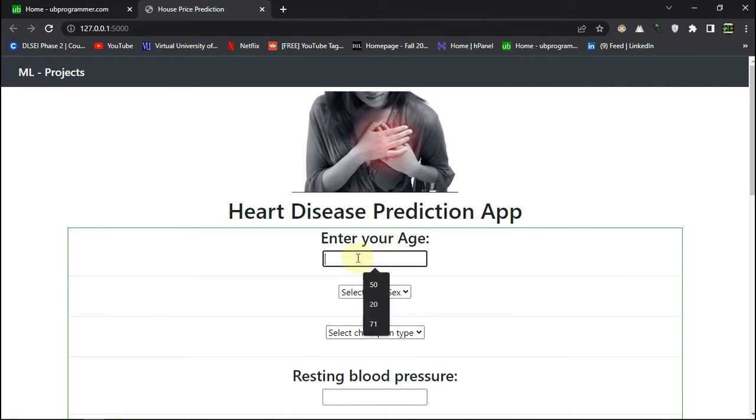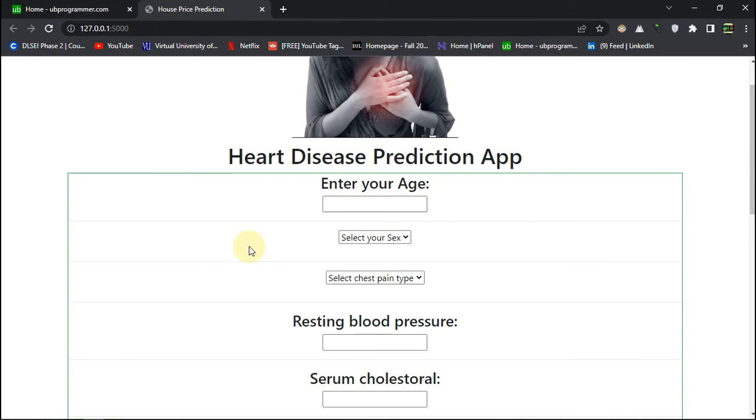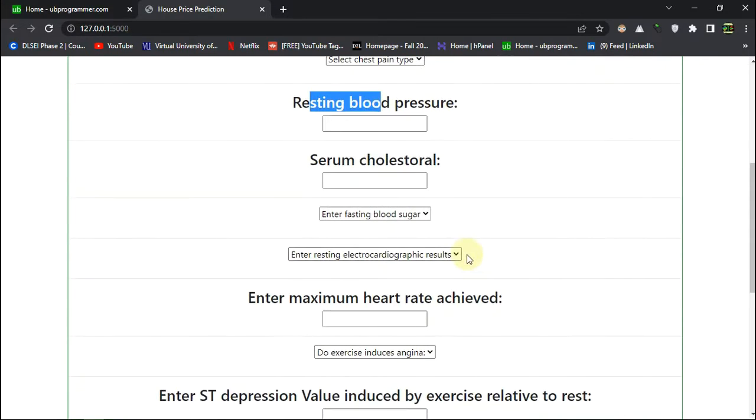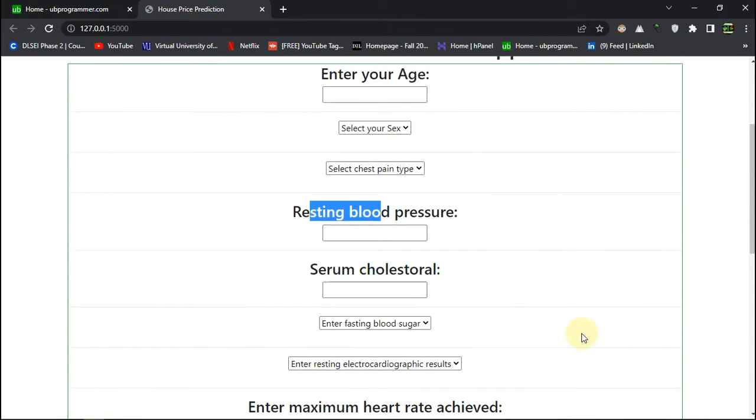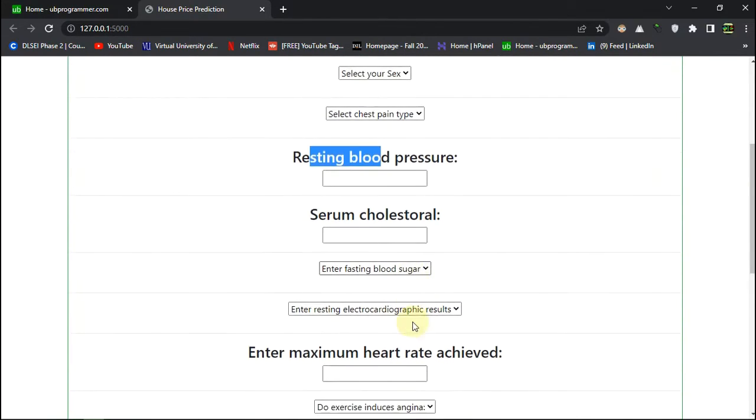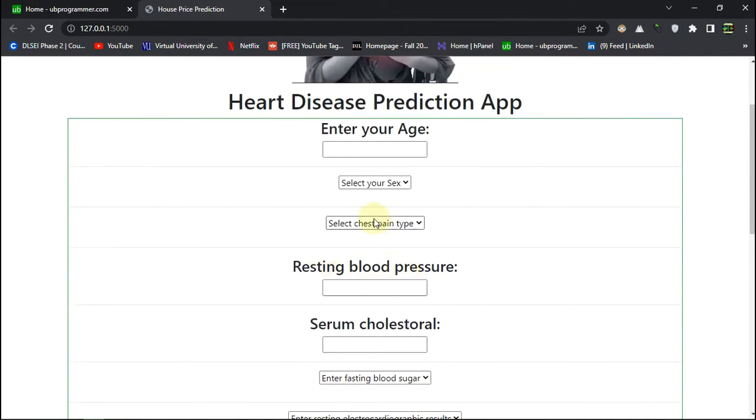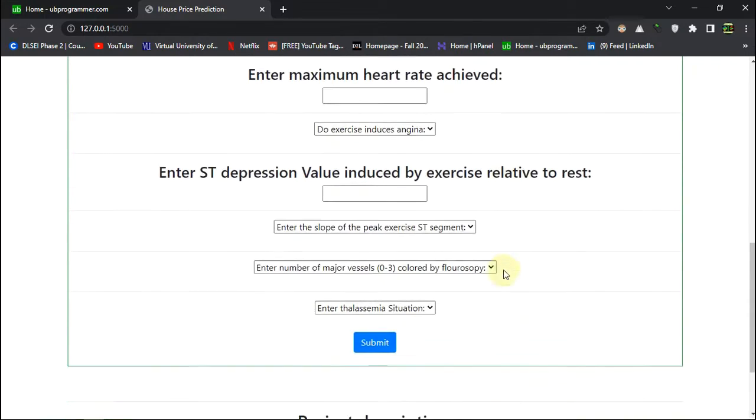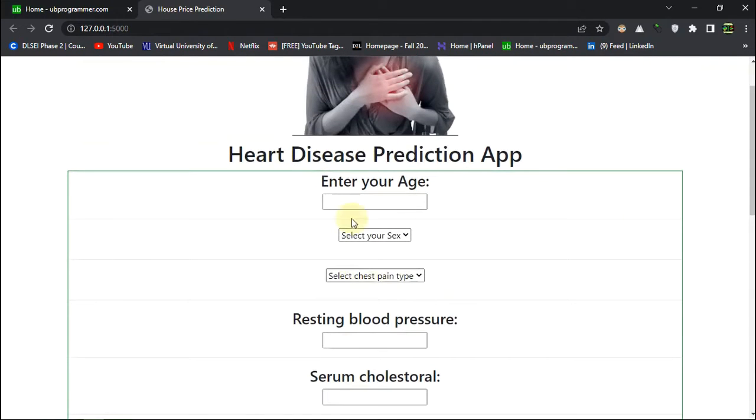Give some input. For this project, I want you to know that domain knowledge plays an important role. You have to know serum cholesterol and resting blood pressure or whatever the other parameters of health are, and you have to have the information about them in order to do feature engineering and other stuff. So I just googled them a bit and got the mandatory knowledge, and let's just give some parameters